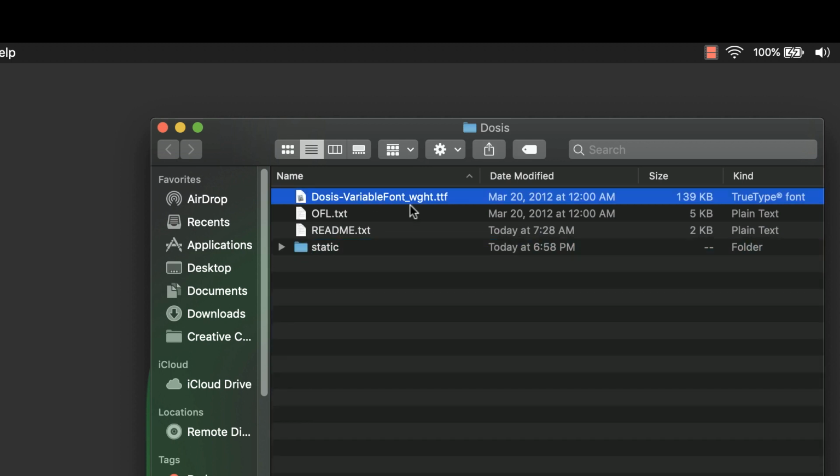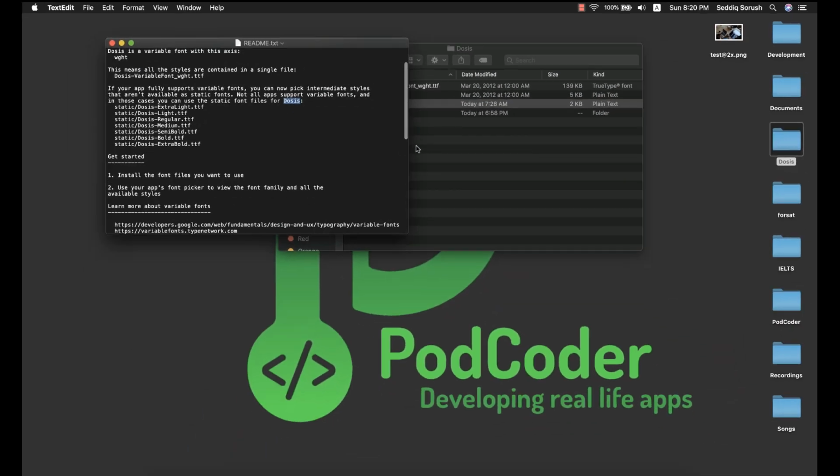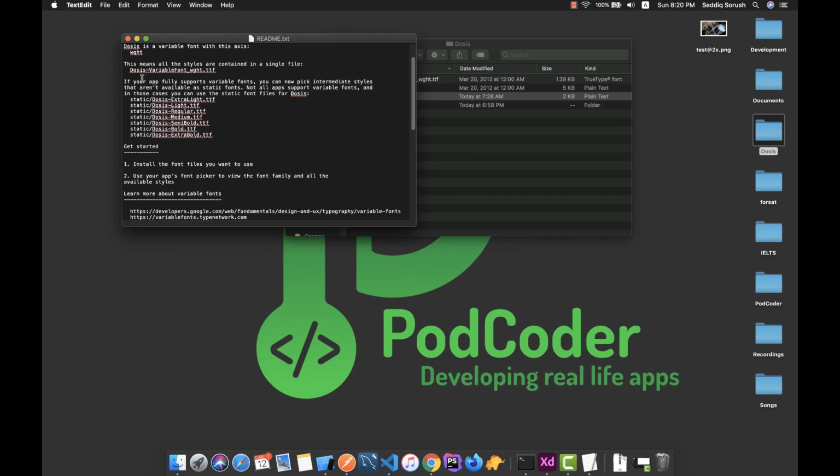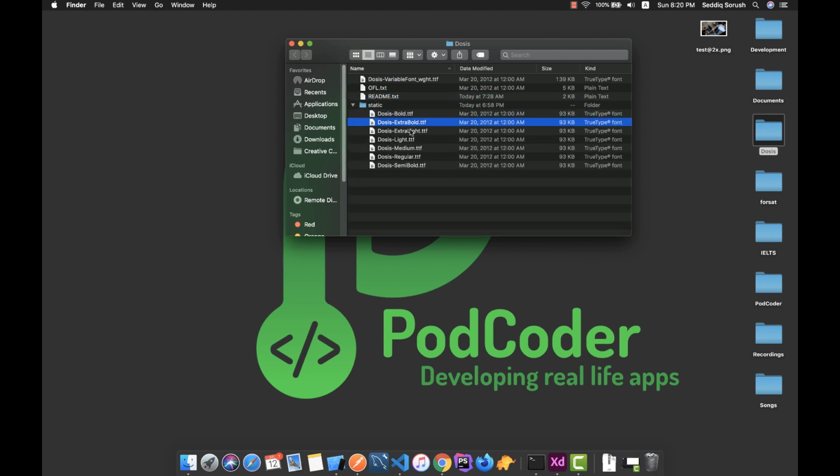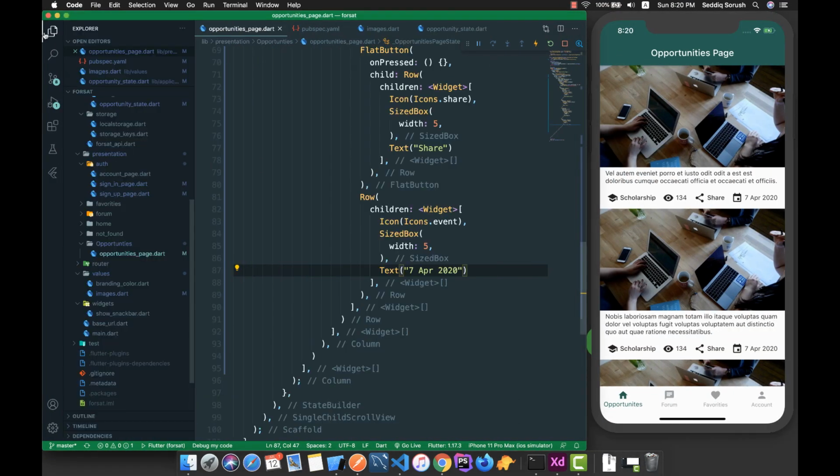But for now, what I'm going to do is I just want to copy this Dosis variable font which has everything inside that. And if you click on this readme, it is written that the Dosis variable font with this width means all styles are contained in a single file. So basically the bold, the italic, extra bold, and so on. So I'm just going to copy this Dosis variable font .ttf,